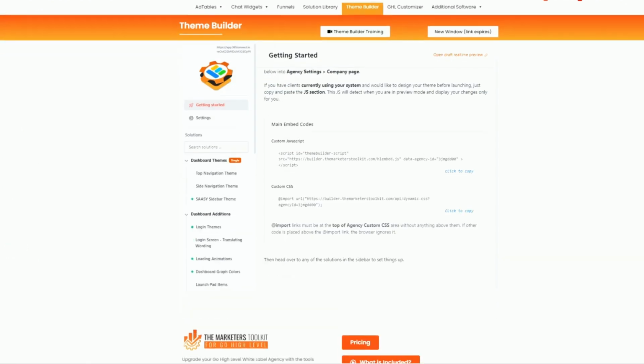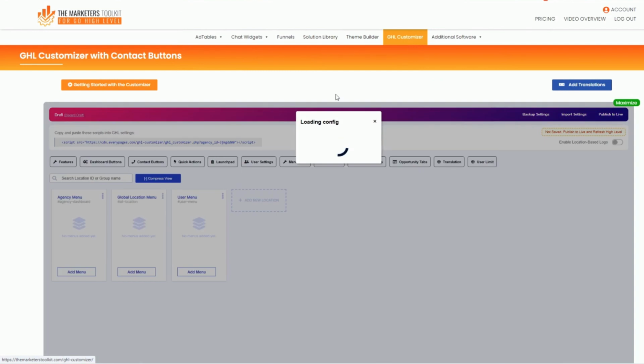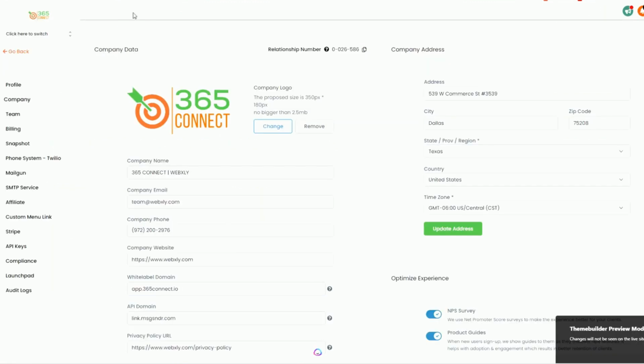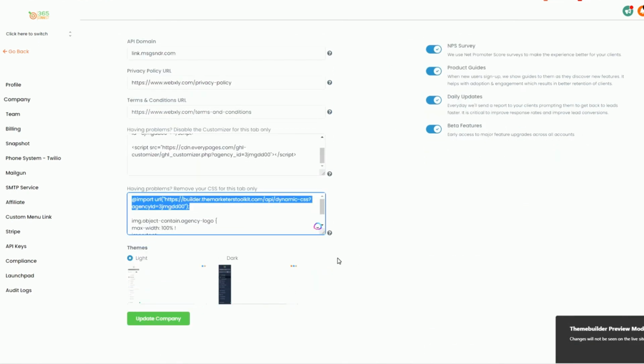Then if you want to install and you're ready to use the customizer, when you click on customizer, all you're going to do is copy this script. So you'll see I've got this script right here for the customizer. Let me go ahead and go back to my agency account. And when you scroll down here, you're going to see the script right here for the agency customizer. So once you add these scripts, both scripts will allow you to preview, and then of course click update company,